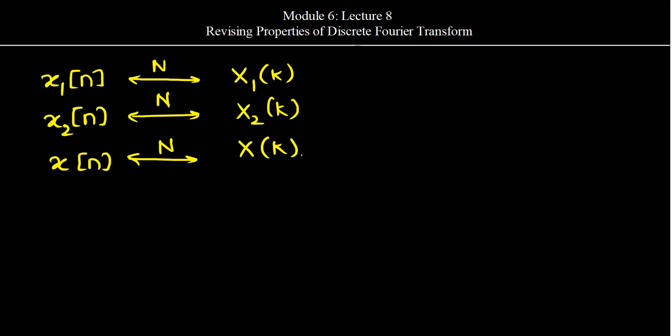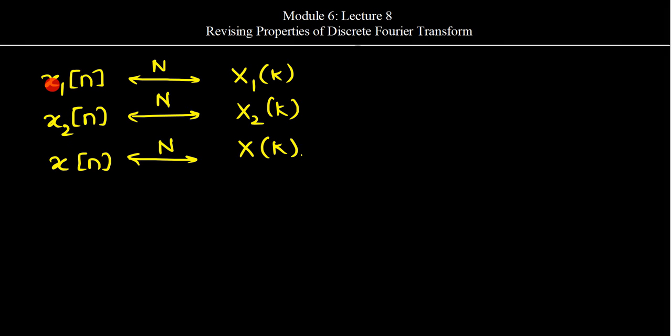In the previous lecture, we have seen the proofs of various properties of discrete Fourier transform. So now in this lecture, let us revise the properties in short, and we had considered for the property proofs these three signals, that is x1 of n with its endpoint DFT as x1 of k, x2 of n with endpoint DFT as x2 of k, and x of n with endpoint DFT as x of k. So we have the time domain representation and endpoint DFTs of the signals, and we have seen various properties for the endpoint DFTs. So let us revisit them.